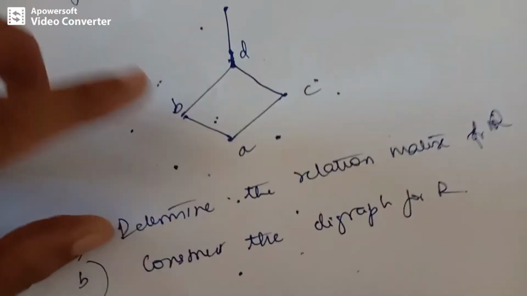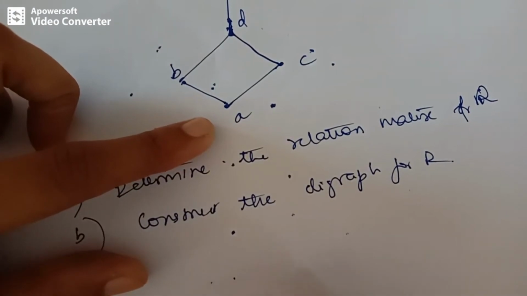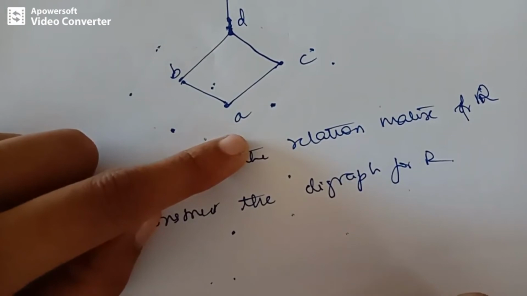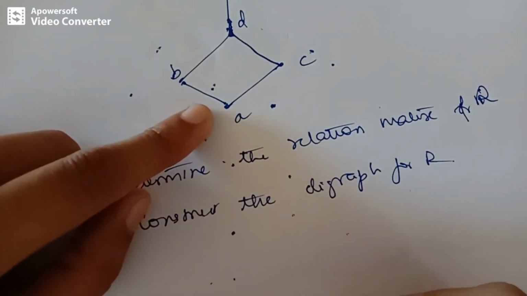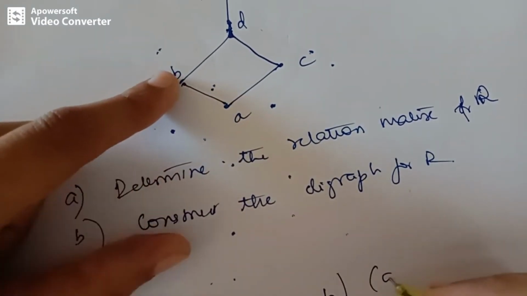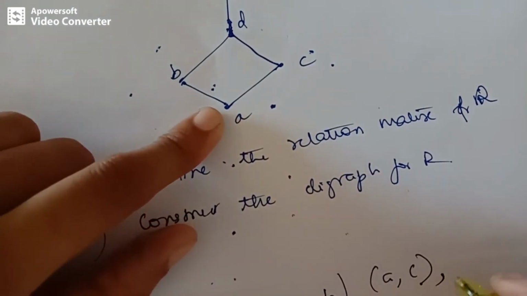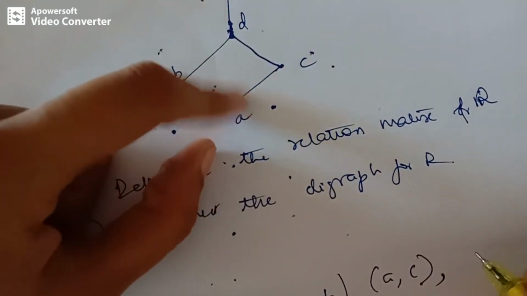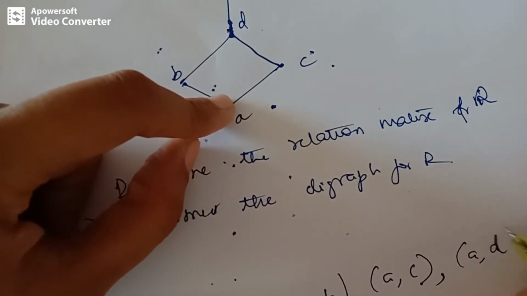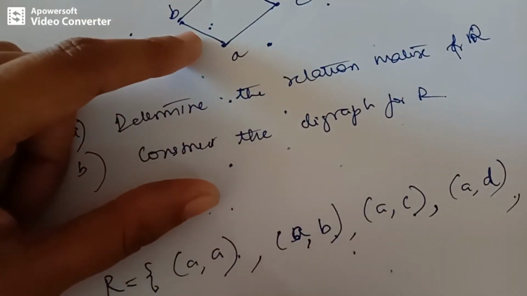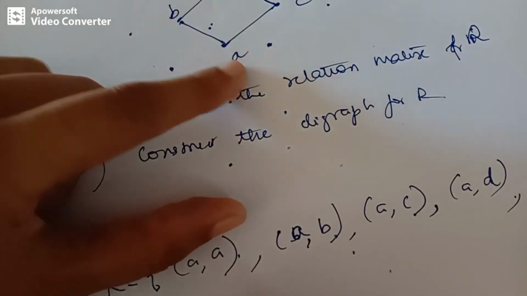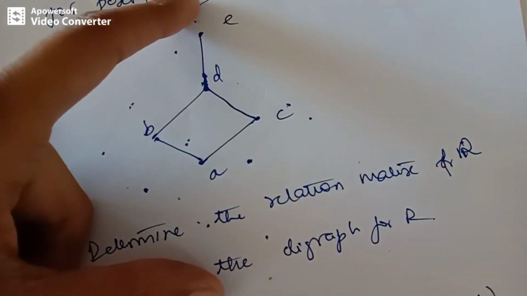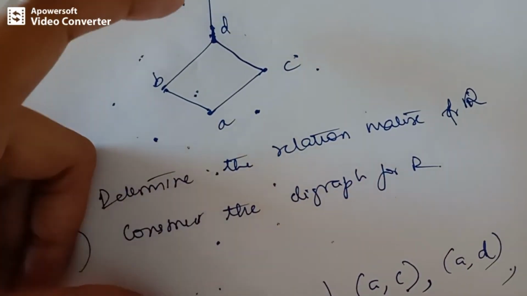So what does your relation consist of? This pair, that is A is related to A, the self loop, right? Then next B is also related to B. Before that I can complete this one. A is related to B, A is related to C. So I will include those pairs. A is also, by the transitive property, we can say that it is related to D. So the A, D pair is also there. Next, what about E? Yes, A also is related to E. Okay, I can include the A, E pair.